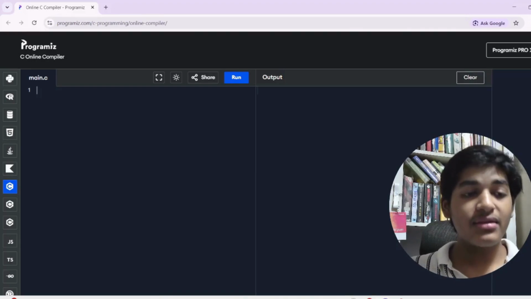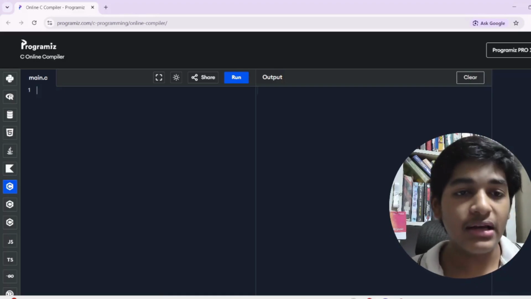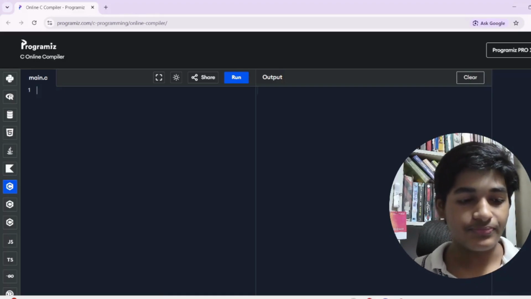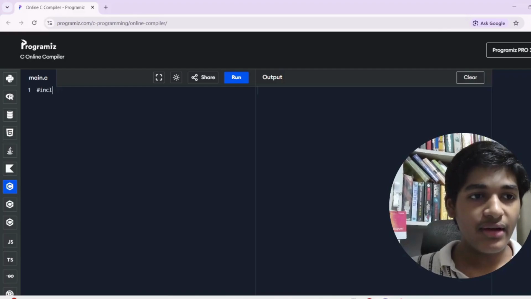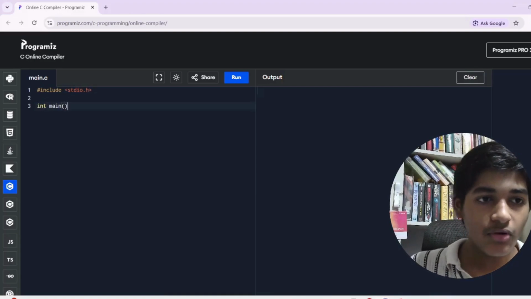So first of all, let's learn how to print numbers from 1 to 10 using for loop. First of all, I'll write #include stdio.h. Let's create a function main, open curly braces,